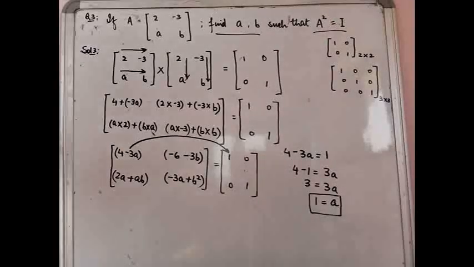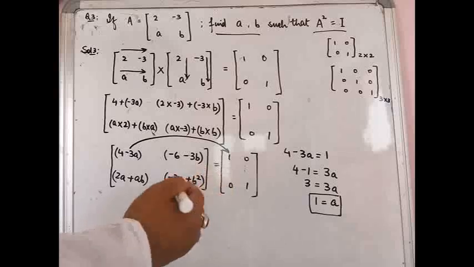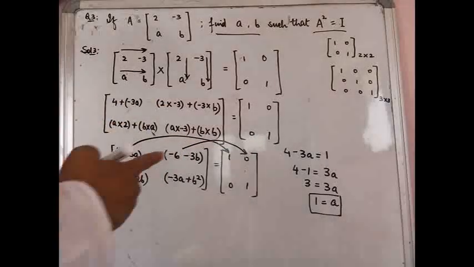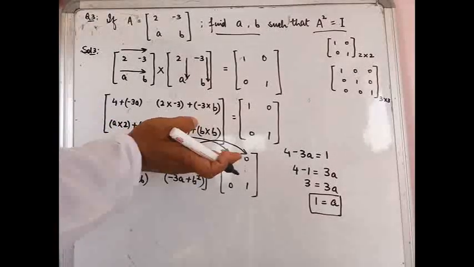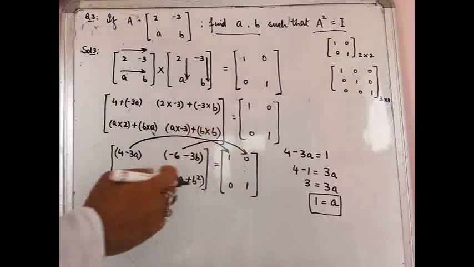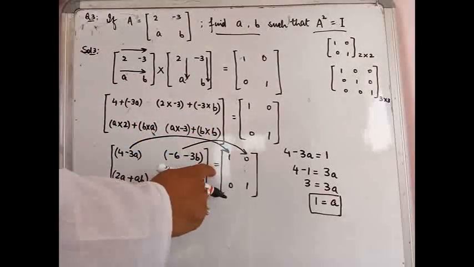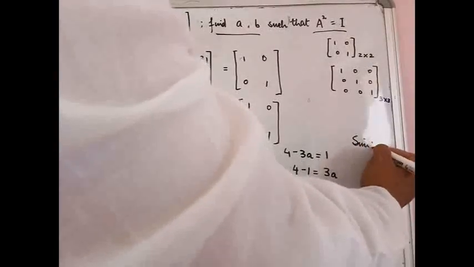Now very easily you can equate any of the corresponding elements. So the next one that I find easy to equate is the second entry. See, this is the first row, second entry. Similarly here, this is the first row, second entry. So this has to be equated with this. Why equated? Because these two are equal matrices.